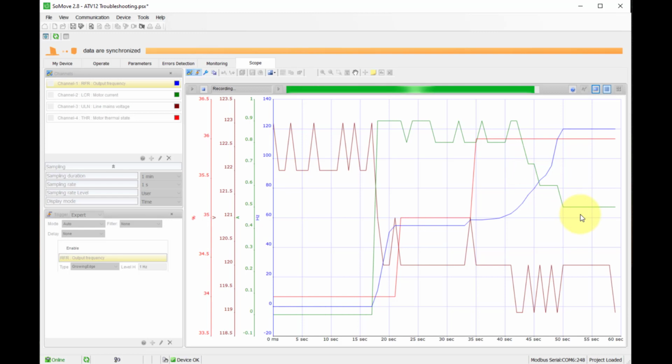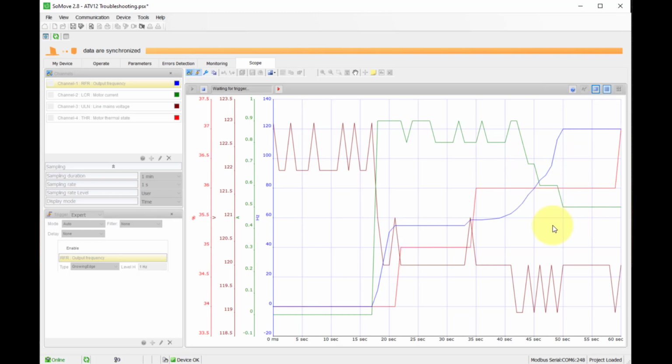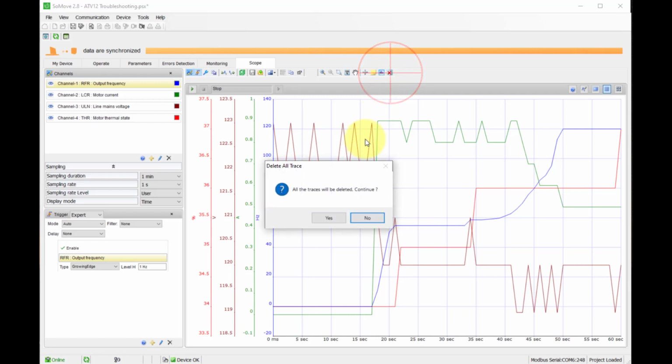Now what will happen is it'll time out. So the trace is done. So this is captured now, and I am going to stop it, and I'll set it up for an auto trace. Now if I want to get rid of the trace that I have, I can save it, I can export it, I can just delete all traces rather, by clicking that X, and I'll clear the